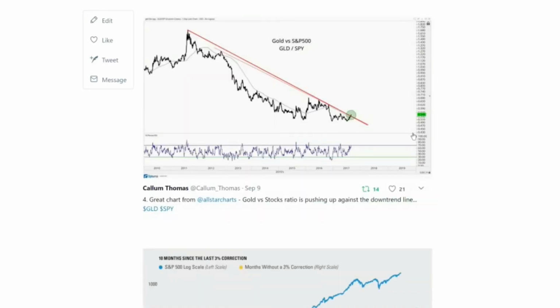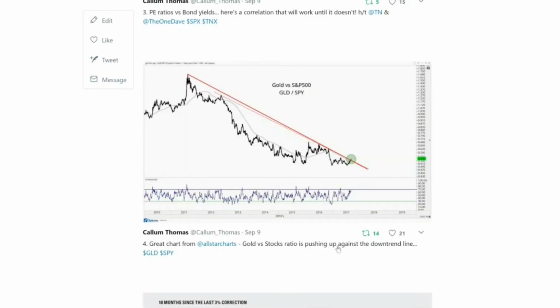Chart number 4 is from All Star Charts. Very well worth following. Good follow on technical analysis there. And what he's got here is a trend line against the gold versus S&P 500 ETF ratio. So this is gold versus stocks, and you can see there that after a significant period of underperformance, it's poking its head above that trend line, and that's going to be one to watch because,